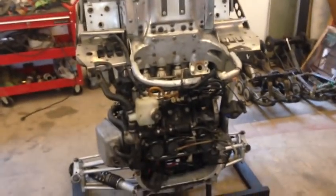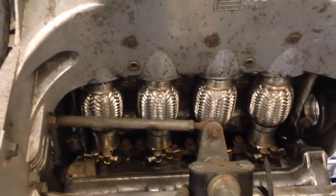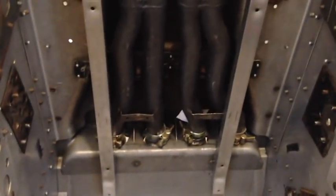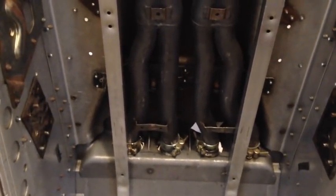Okay, this is my 2003 display model. As you see, I got her all apart, standing upright. And when you look in, you can see my kit that eliminates the exhaust donuts. It's a one-time repair. It's a bit of work to do the repair, but once you do, it's done. This is the back side. There's their 4 clamps with your pipes. That kind of gives you an idea what we're going to be doing on